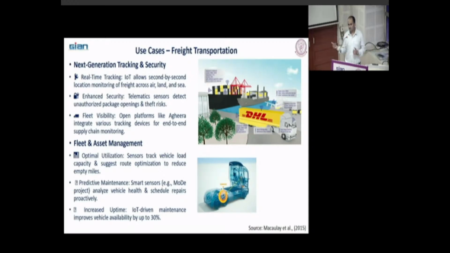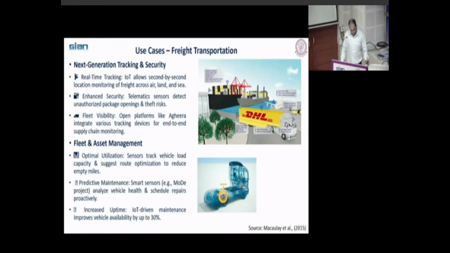With the help of GPS, we can find out the exact load in your vehicle and how much we can add. It also suggests route optimization to reduce empty miles. Empty miles means you are running your vehicles without any load, so it will suggest different routes where you may get some demand.